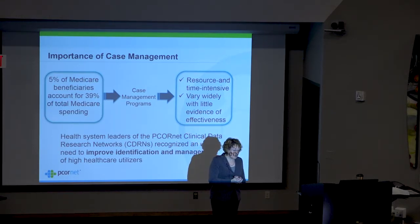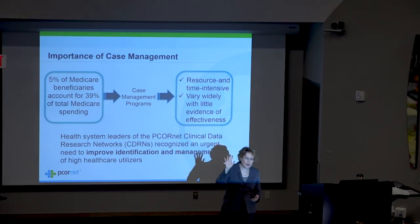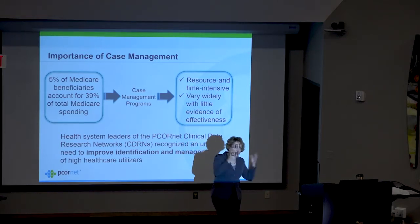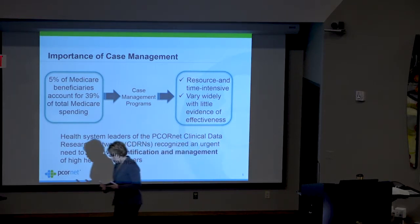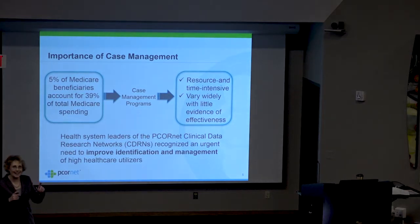We work with... how many people have heard of PCORnet? How many people have heard of PCORI? Okay, so PCORI was that new funding agency, a public-private funder that was created with the Affordable...